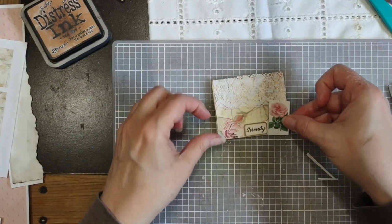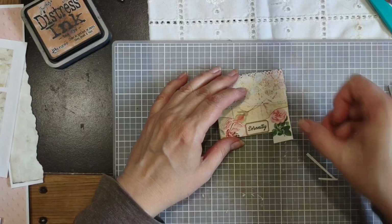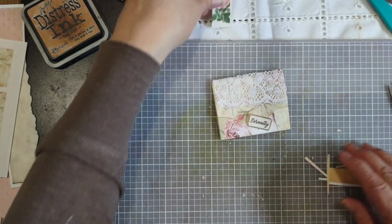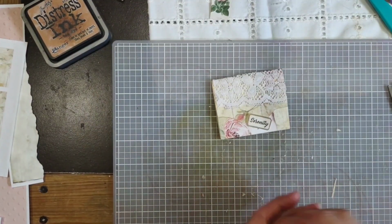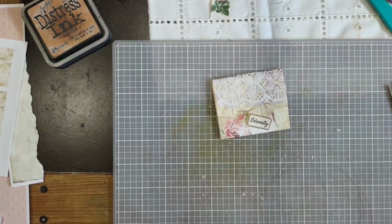But see, it's a little too big for here. Unless I just put the flower and trim it right off. So I got to play around with what I'm going to put there now because I did that. So let's make one, because I wanted to do not only this little one, show you, but I thought if I have enough time,